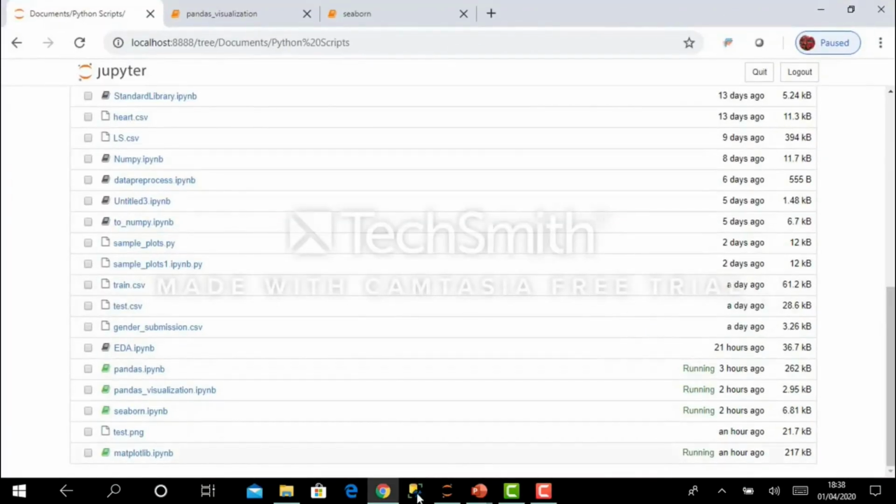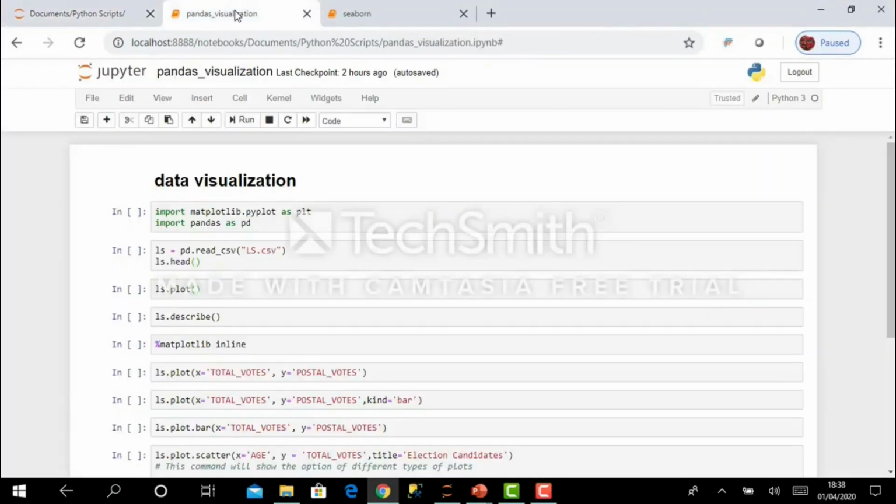Okay, fine. So this is my pandas visualization script. Here I will import both the libraries, matplotlib and pandas. So let us first import. Okay, import is done.